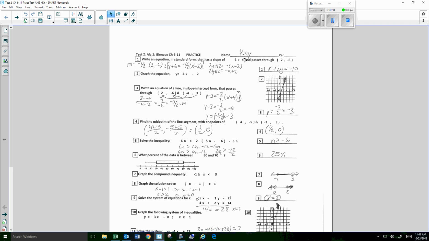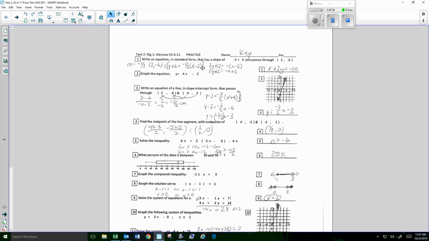So we have negative 3, 6 for the slope. I'm going to reduce that to negative 1/2 through the points. We have a point and a slope, so we're going to use the point-slope formula right here. y minus y sub 1. So y minus negative 6 is plus 6, equals m, the slope, negative 1/2